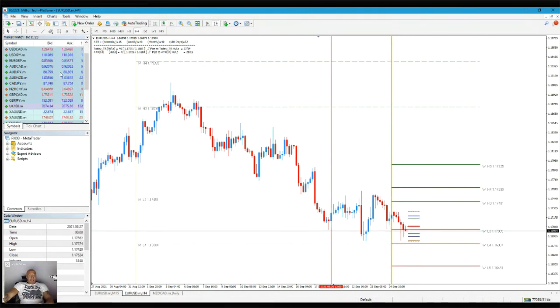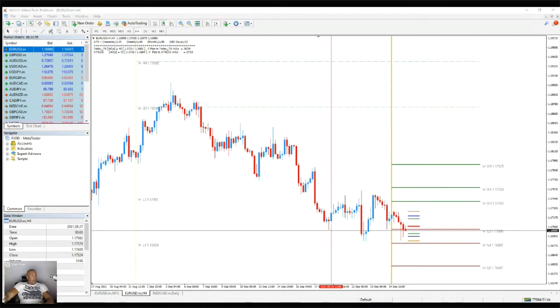Two more trades that I'm paying attention to are GBP Australian dollar. I would like to see a long trade, and I think that the GBP Australian dollar can be long. Give me two moments. I will show you right away.